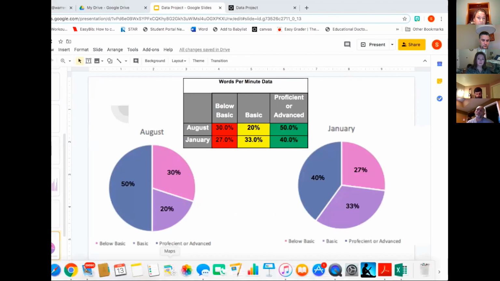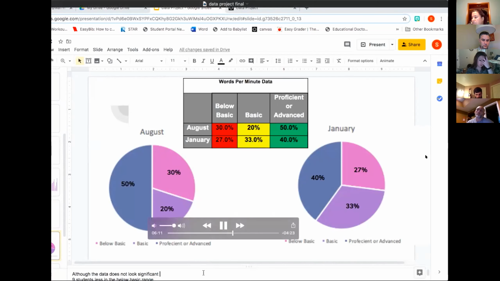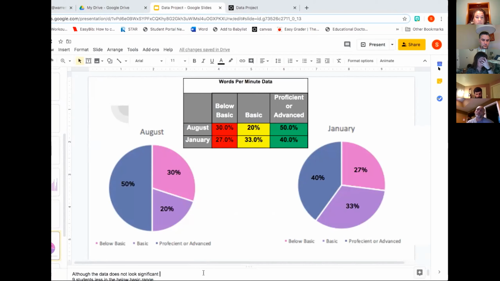So although the data doesn't look that significant, this is our first year using this model of curriculum for phonemic awareness, phonics, instruction, and comprehension. It's something that we haven't done before. But I will say 9 students less in the below basic range from August to January, that is something to celebrate. Because the students who are in the below basic range, those are the students who do need the most